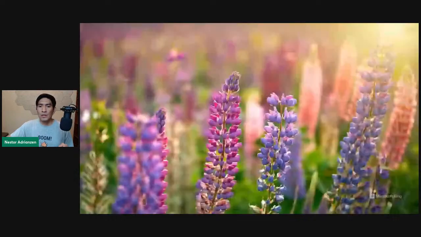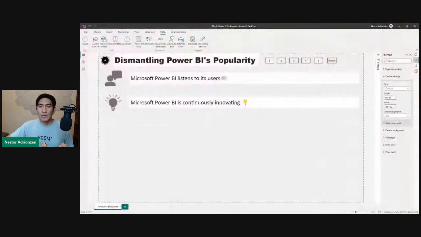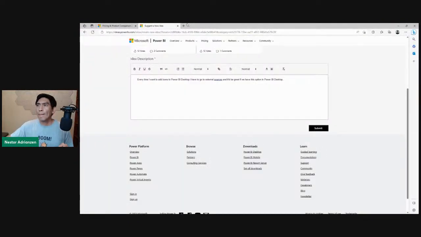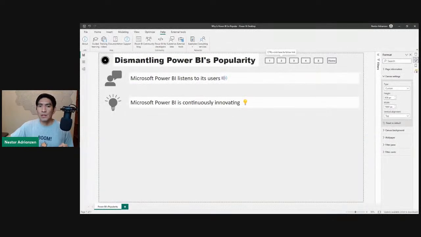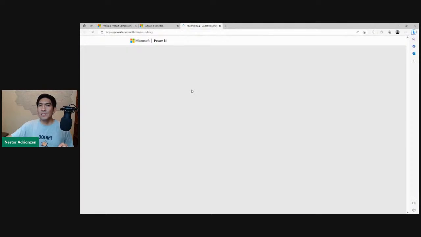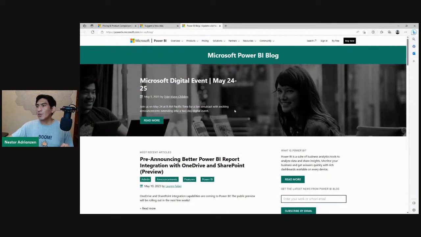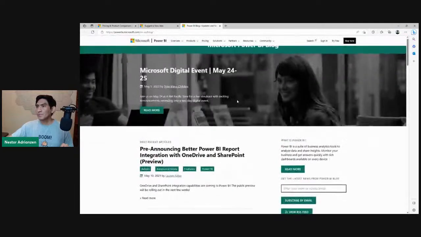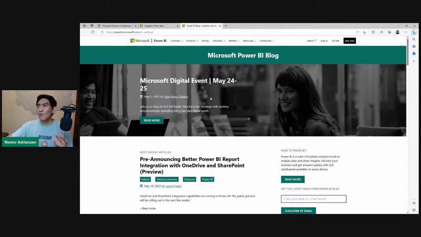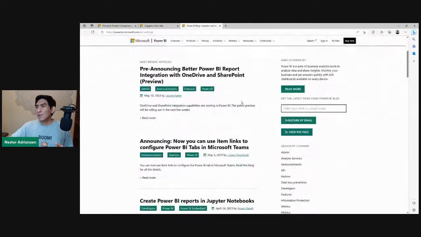Let's open here. Let's see, I think it's right here. It's actually here in Power BI Desktop. So let's go over help again. And then if we go over here, there is an option called Power BI blog. So let's hit this option. And this is what I'm talking about. So as you can see, this is actually for May already. So this is what's happening in May, right? So these are the new updates that we have in May, and you can read every single one.